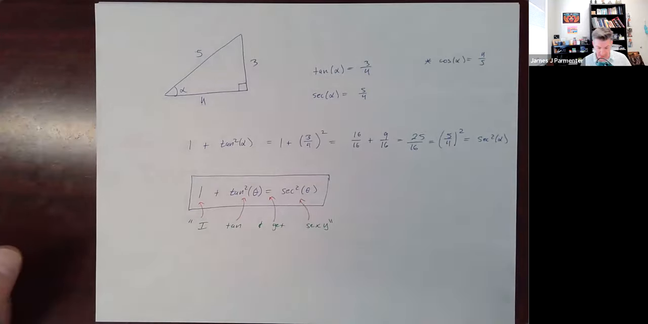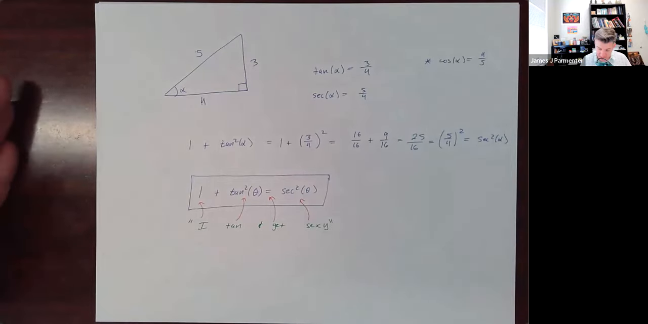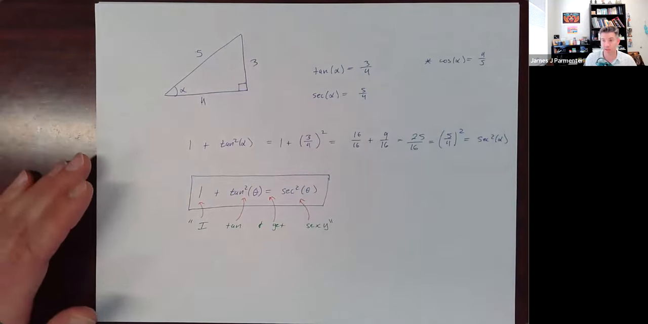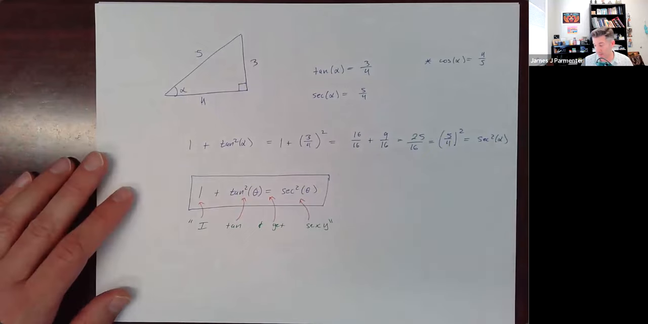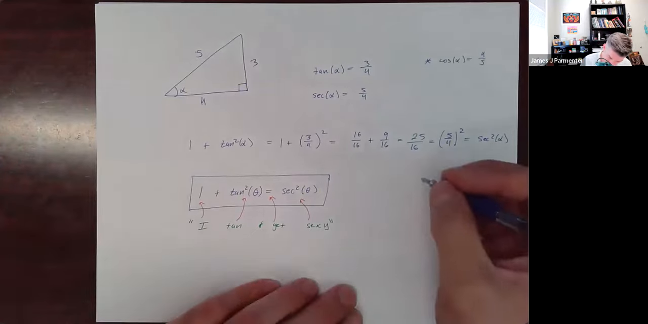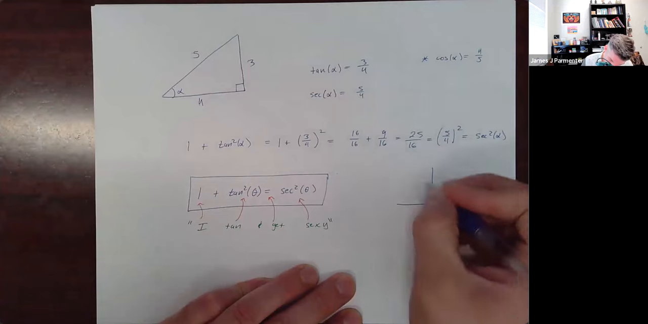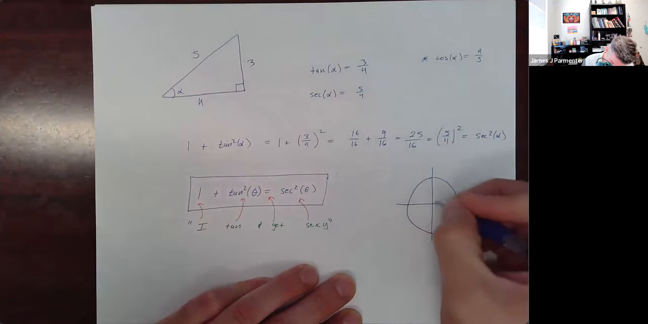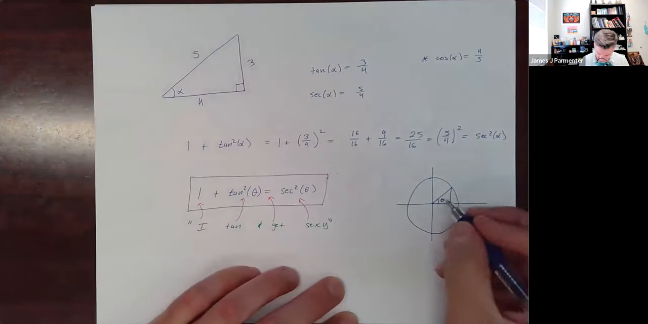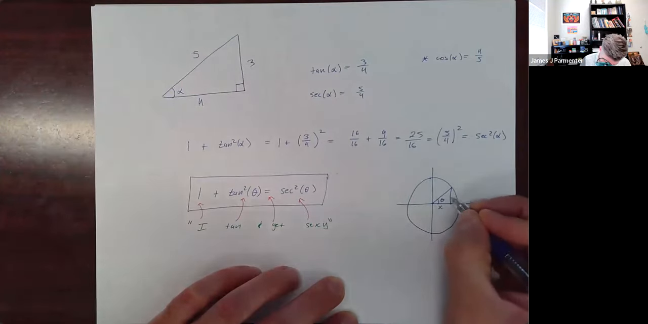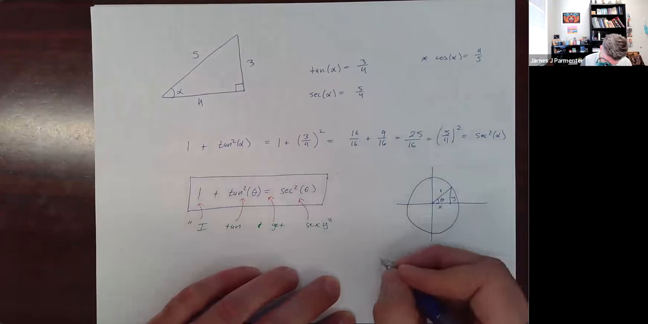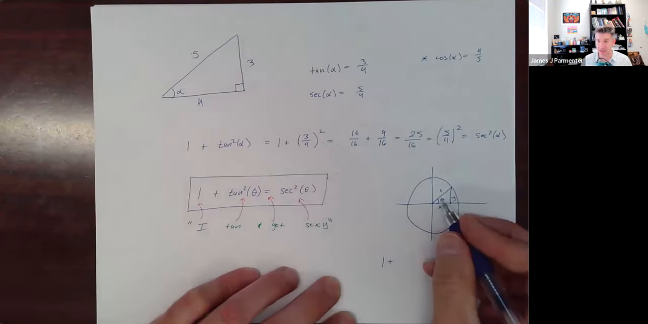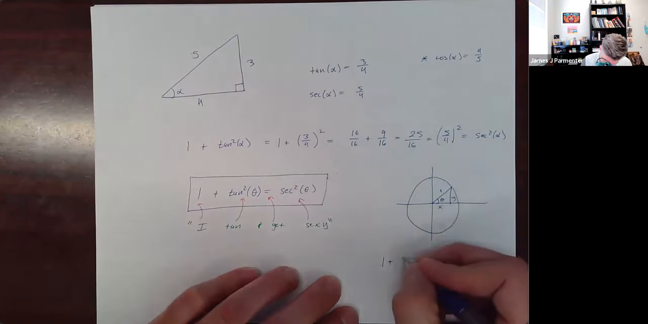So 1 plus tangent squared theta equals secant squared theta is another trigonometric identity, and it is a Pythagorean identity. It also comes really just from the unit circle again, right? If I draw myself a little unit circle here, I'm going to do the same sort of thing. There's my theta. This is still x, this is still y, this is still 1. 1 plus, well, tangent of theta is going to be y over x